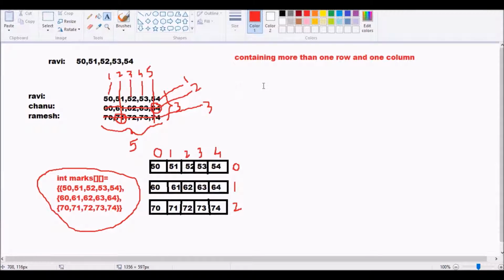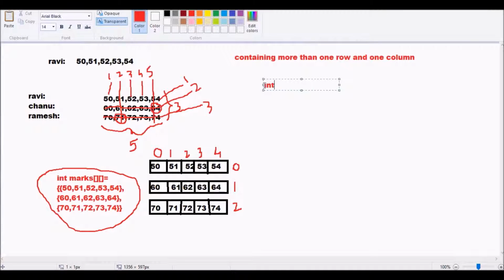Now we will see how to create the second one. int marks is equal to new int. Here we declare its dimensions. For the first brace we declare the number of rows, and for the second brace we declare the number of columns.